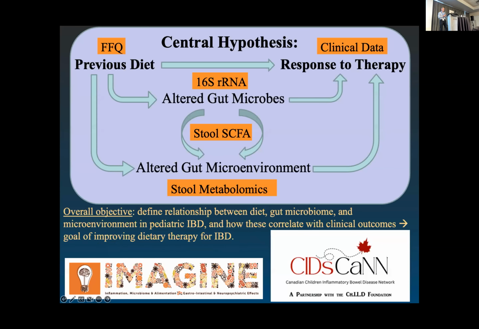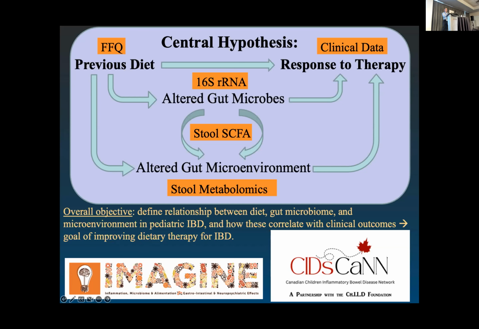The first project came from a hypothesis that we had a few years ago, that your previous diet will impact the gut environment and gut microbes, and that may have an effect on your probability of responding to therapy. I think that kind of makes sense. What you see in the orange boxes are the different tools that we have to measure every one of those stages. FFQ is food frequency questionnaires, which are quite poor assessments, but some of the best that we have of what people eat. Then we can look at the microbes and their products, which I'll discuss very briefly later on. And the clinical outcome, with the cohort that we have, we're able to look at in detail. This was funded by the Imagine SPOR Network.